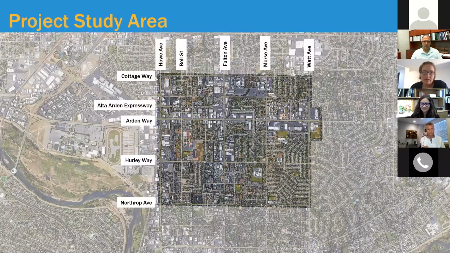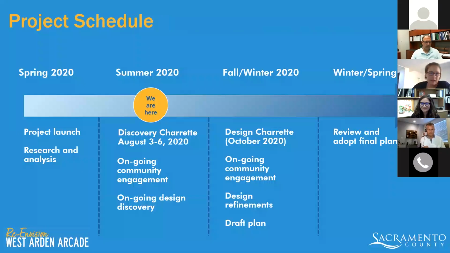And a reminder that we're just at the beginning of this process. We started late in June, really in earnest, with our first community advisory committee meeting. And this is just the beginning of the public process. So we are here at the first charrette, August 3rd through 6th, obviously. That's what we call a design workshop, is another word for that. And we are anticipating ongoing community engagement through the summer and fall and winter of 2020.